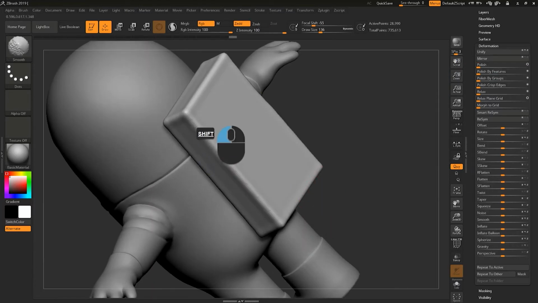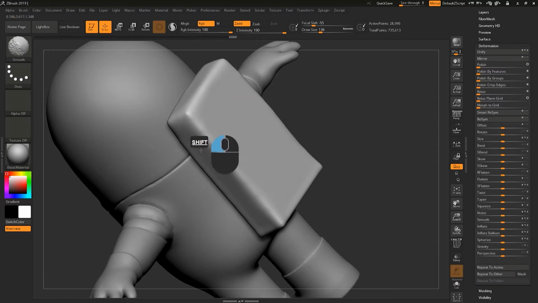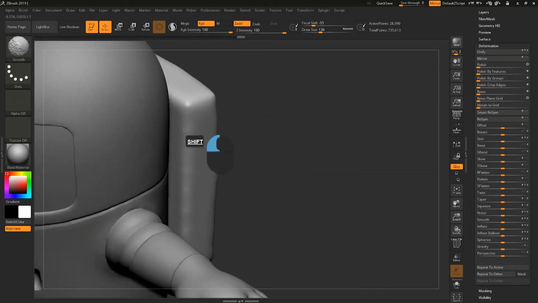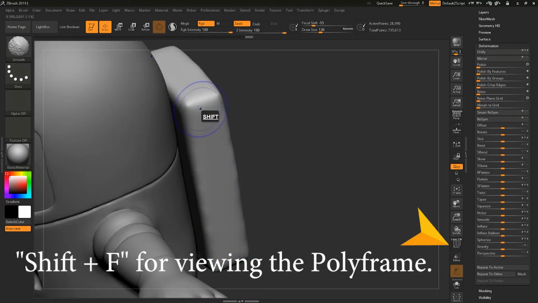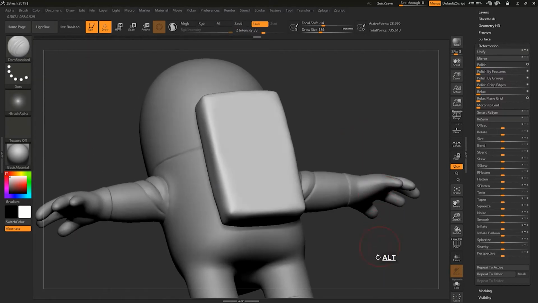Then I'm using the smooth brush by holding the shift key for smoothing out the edges of the bag. There are other ways, but this is just my way by which I make things simple. And you can turn on the polyframe by this button, or you can use the shift F shortcut key. I'm using the smooth brush, then I will be using the trim dynamic brush,